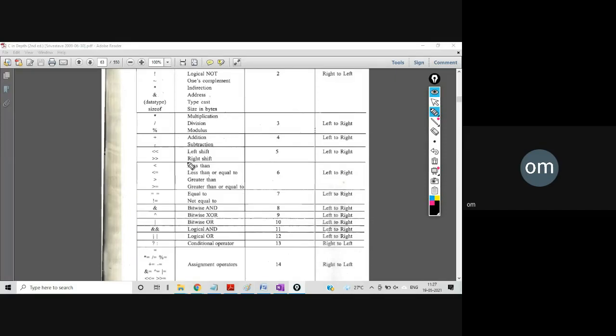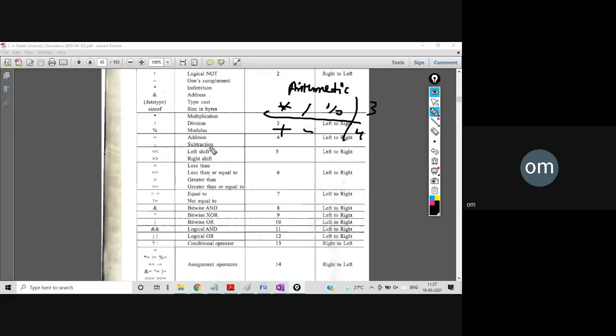You will also have to keep in mind that, for example, if I'm talking about arithmetic operators, in the arithmetic operator itself there are two divisions. One is multiplication, division, and mod, of the same level. Then after that, plus and minus comes. So you will have to write them at a separate precedence level. For example, if you see here, this is at the third level, then plus and minus at the fourth precedence level, right? So this is at third and this is at fourth.